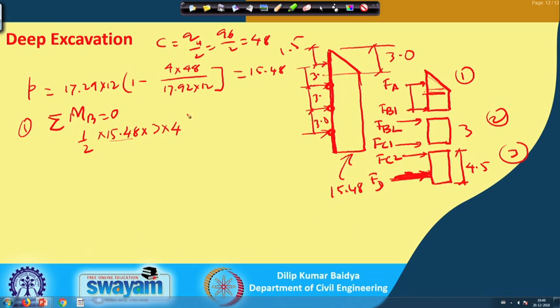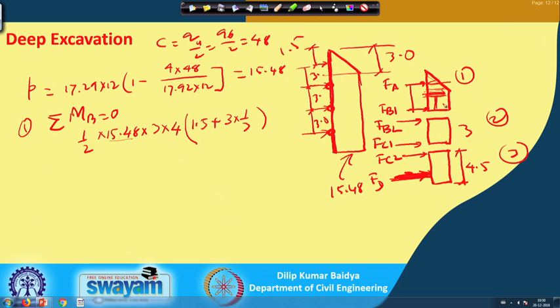So, that is the loading. I have to multiply it by the lever arm, and that lever arm will be 1.5 plus 3 multiplied by 1 by 3. Okay. That means its point of application is somewhere here, from here to here actually 1.5. This distance is 1.5, this is not shown proportionally. This distance is 3, so half of that is 1.5. So, this is the lever arm.